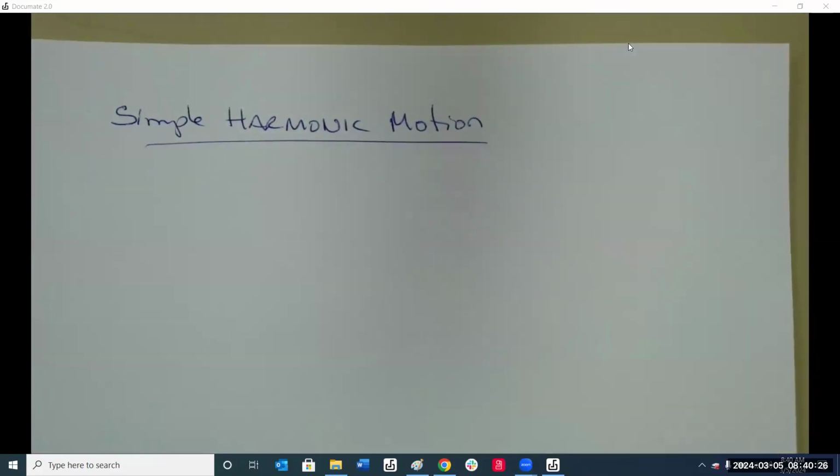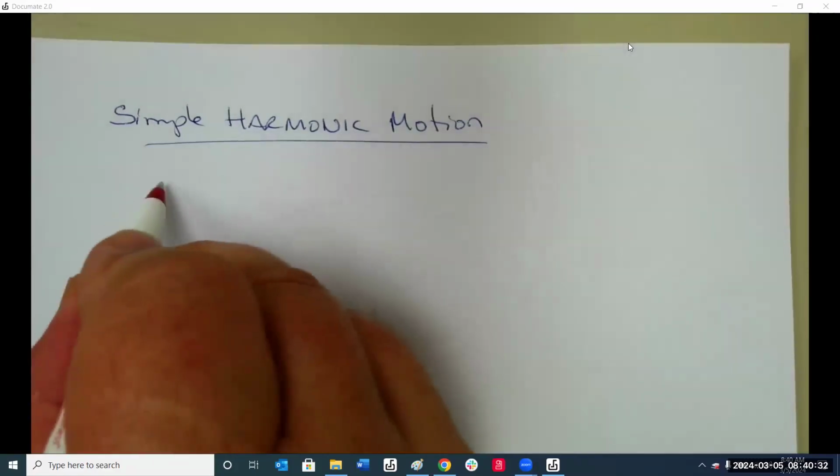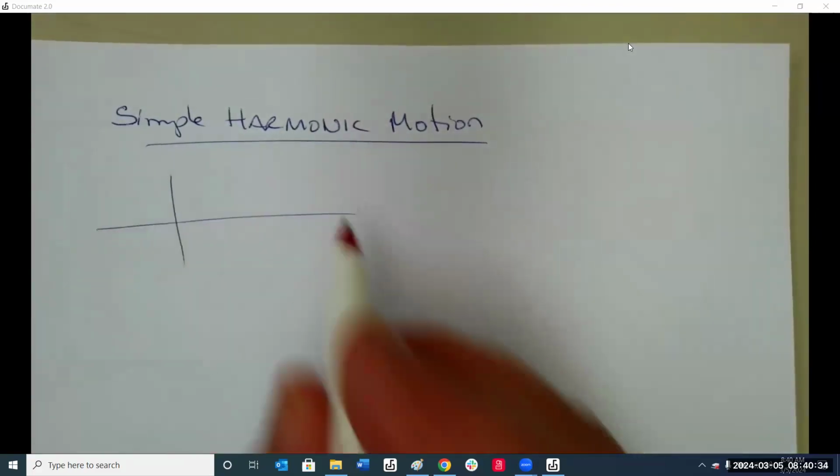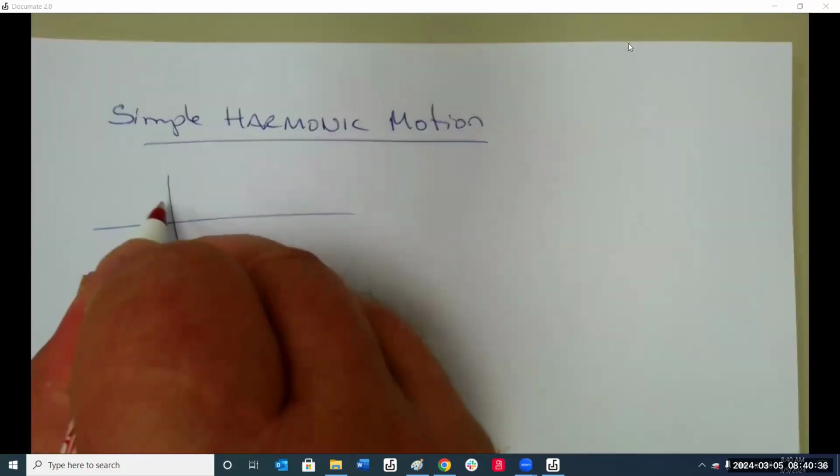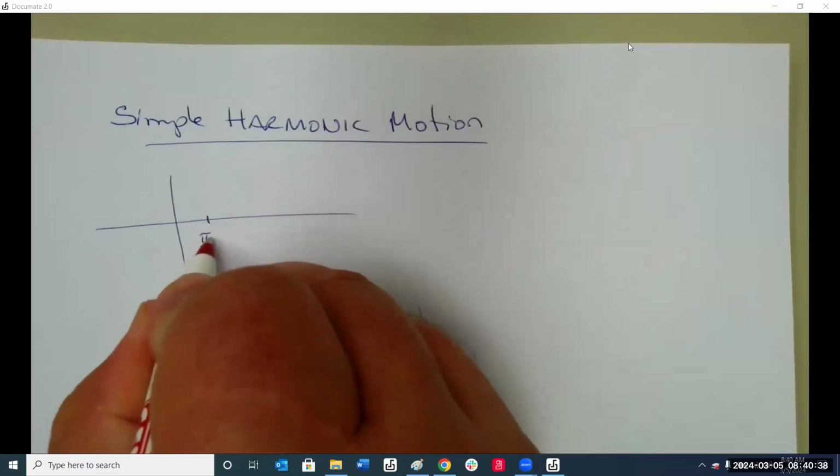Harmonic means it follows a pattern, like the sine and cosine wave. If you remember what the sine and cosine function graphs look like,